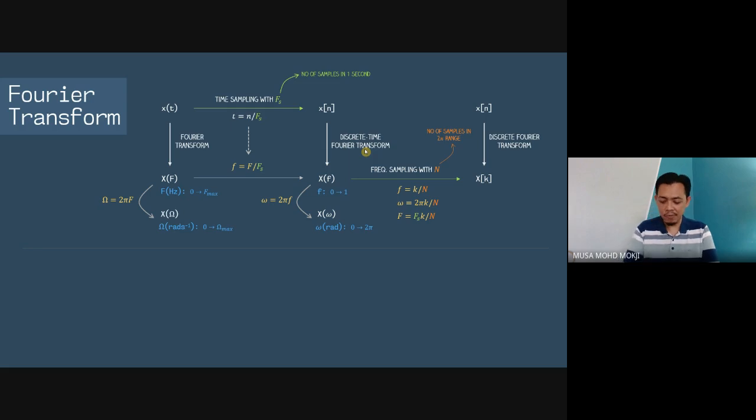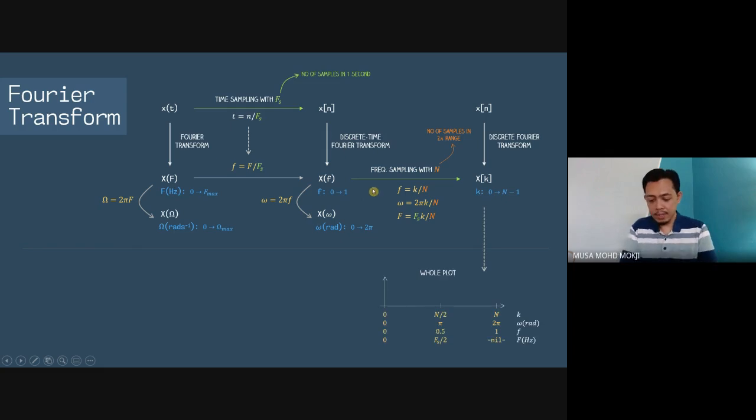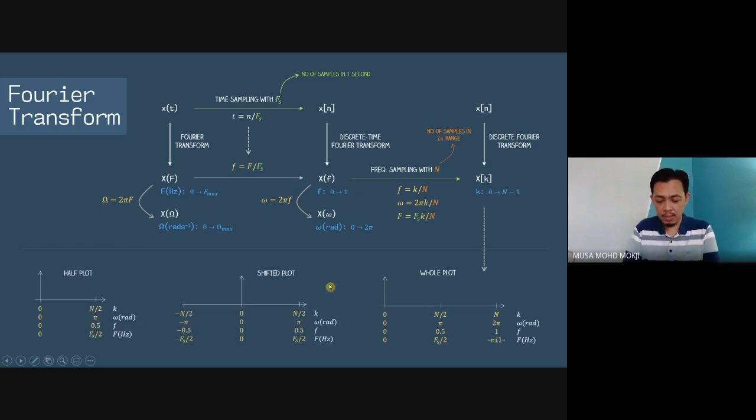Of course, many software already do that automatically. When you do the plotting, when you call the function, it already plots the x-axis as hertz. Some software functions do that automatically, but actually it converts the k into that capital F. And what we have seen is also these 3 things when we do plotting.